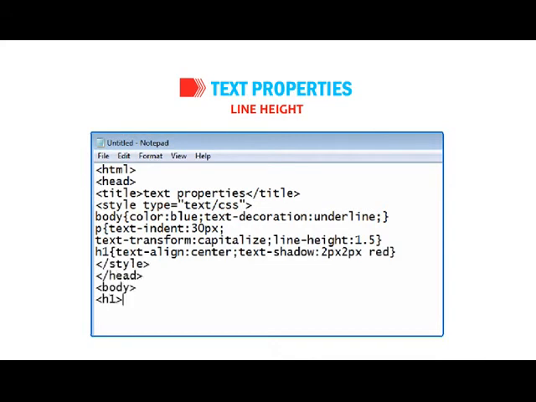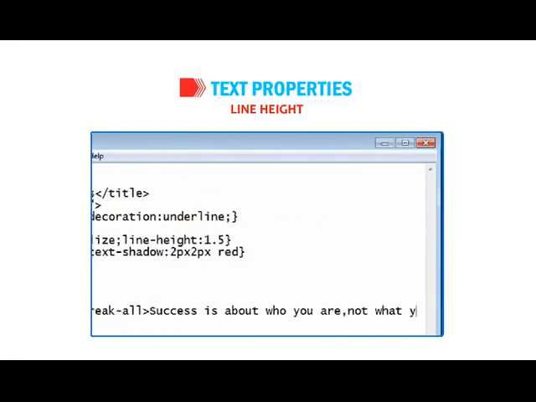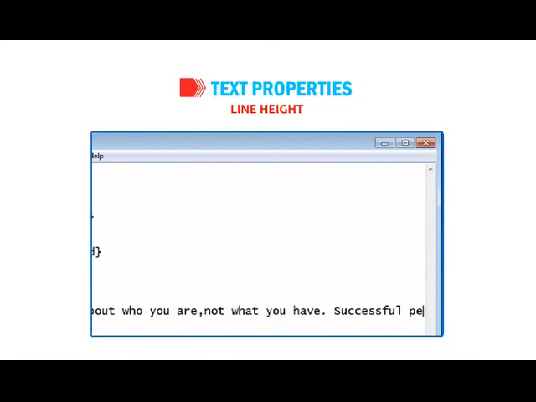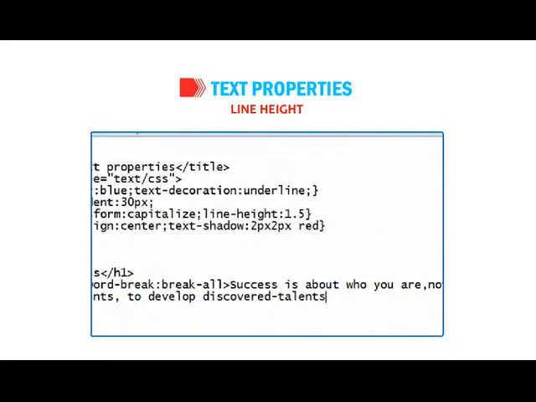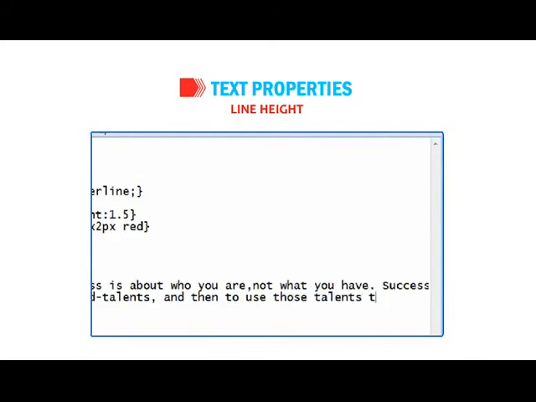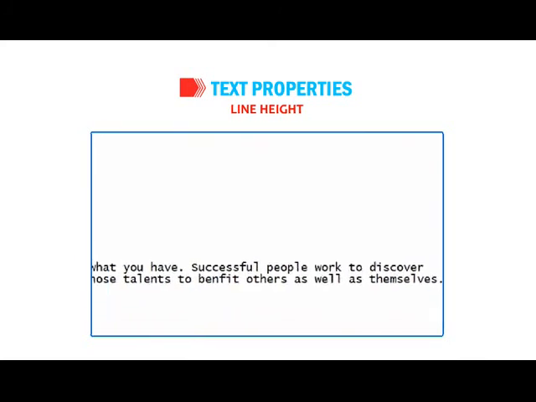<body><h1>Success</h1><p style="word-break: break-all">Success is about who you are, not what you have. Successful people work to discover their talents, to develop them, and then to use those talents to benefit others as well as themselves.</p>